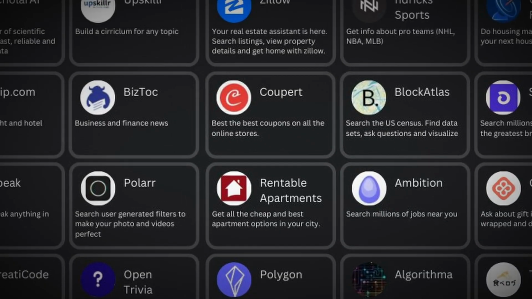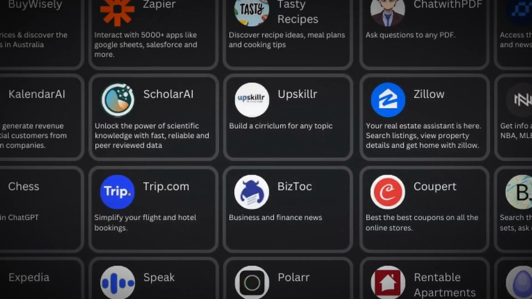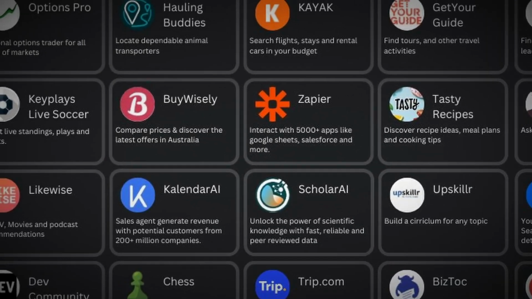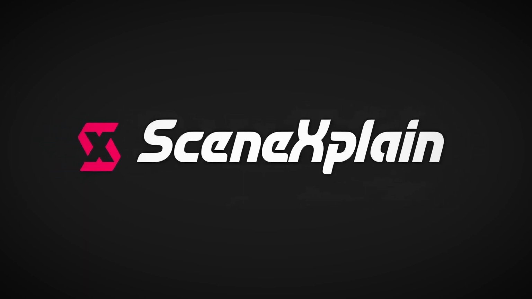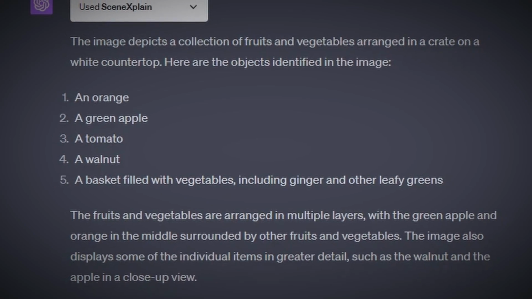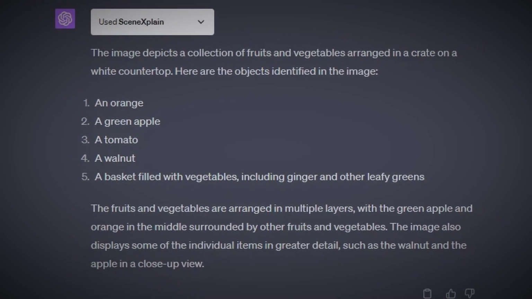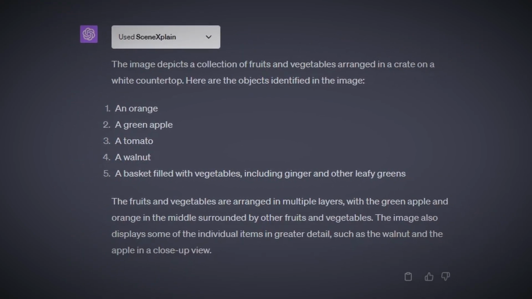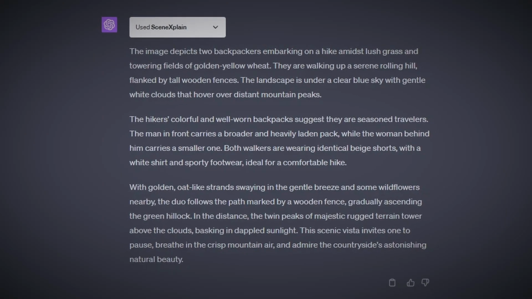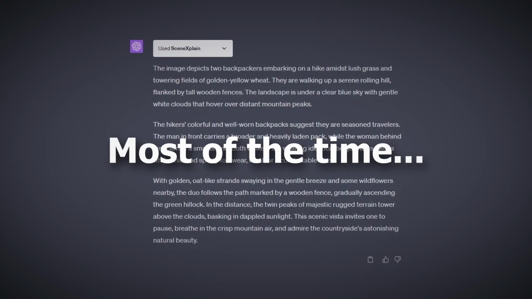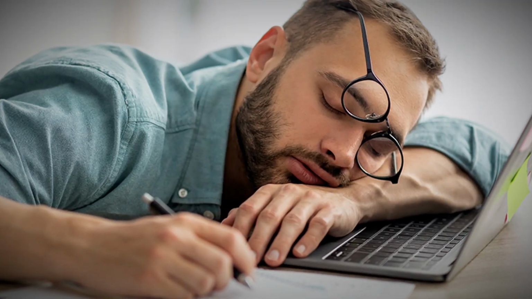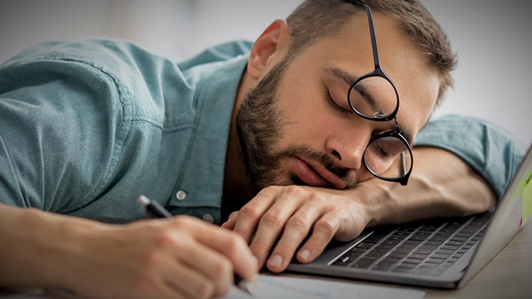The next plugin is a bit of a unique one. Not unique in a practical way, just generally interesting. It's called Scene Explain. With this plugin, you can give ChatGPT an image URL and it'll give you a detailed description of the image. And somehow, it is able to do so pretty accurately as if it had eyes. Weird how AI keeps getting more and more human-like. I'm sure it won't be a problem. It can describe complex scenes with several different objects and people and is right most of the time. So if you're just really tired of describing images yourself, this is the perfect plugin for you.